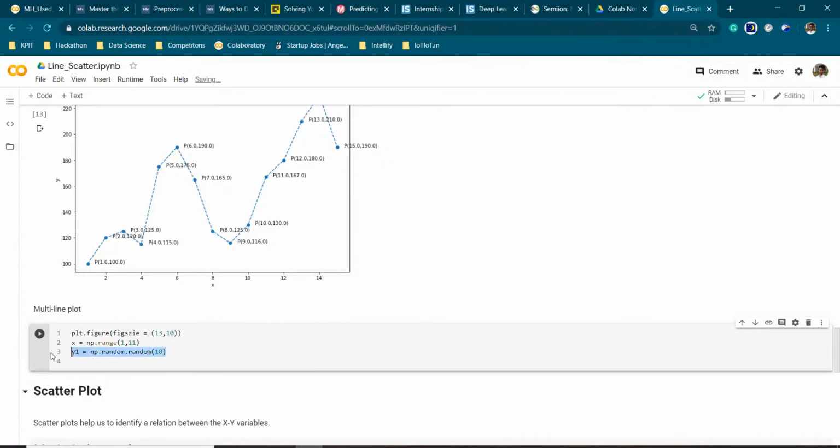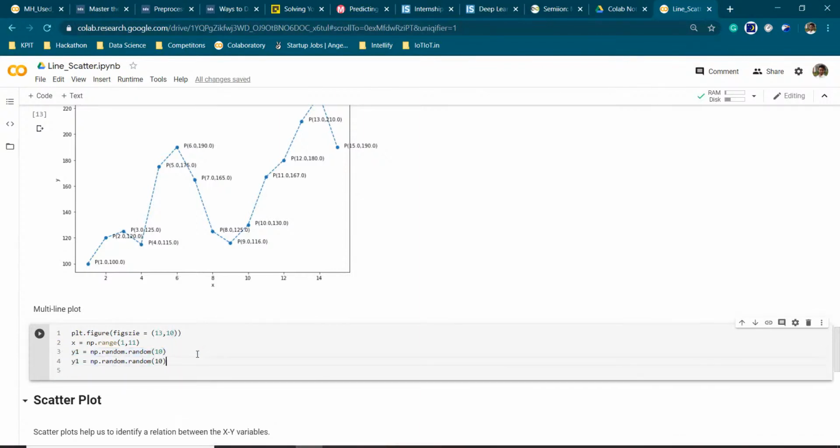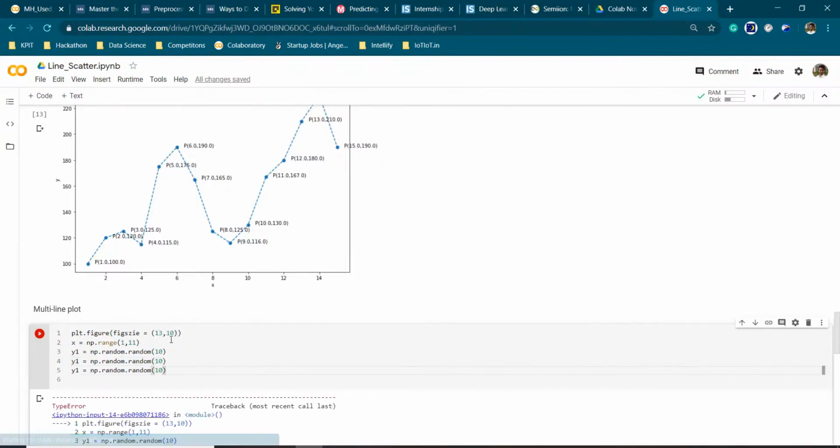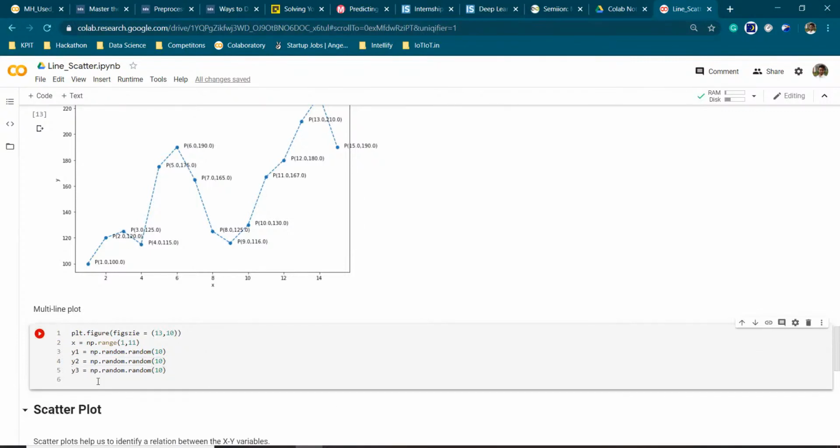Similarly for y2 and y3. Next let us create our x label and y label respectively. Here is our x label.